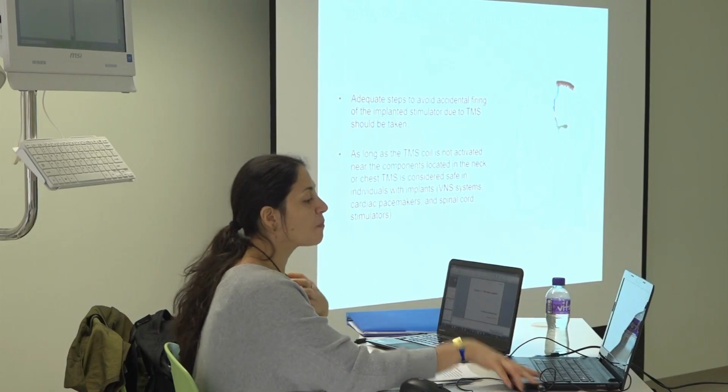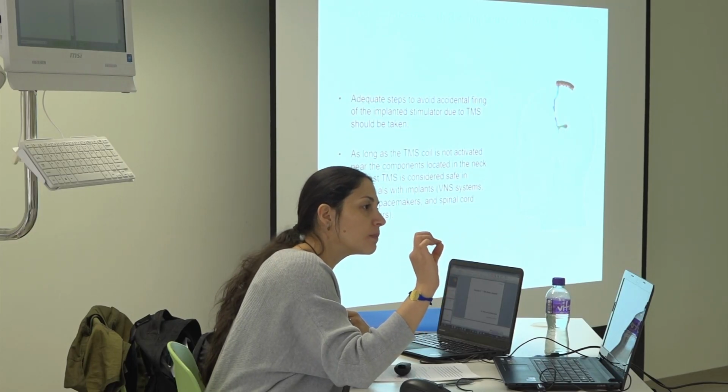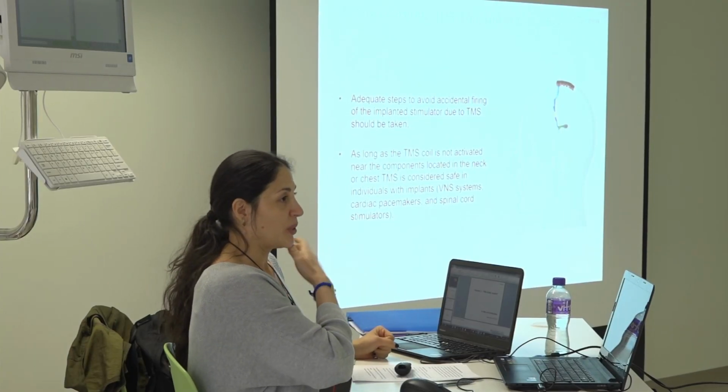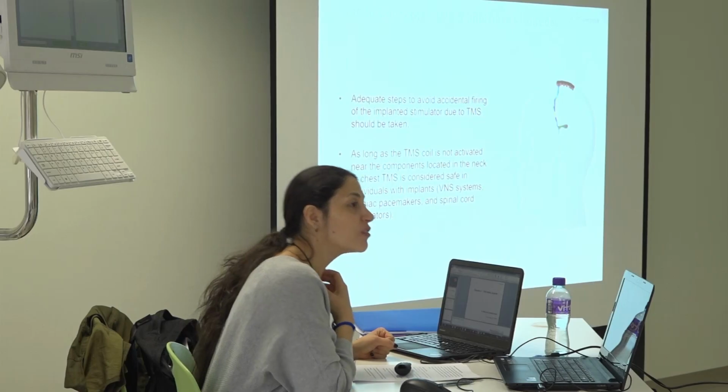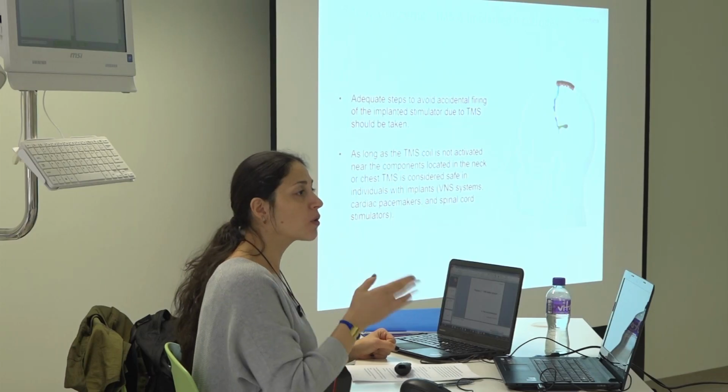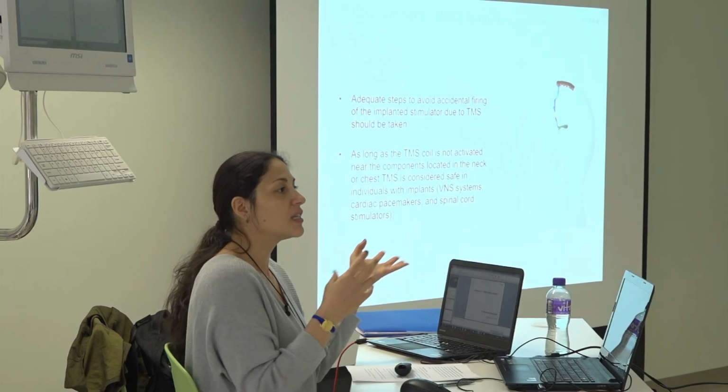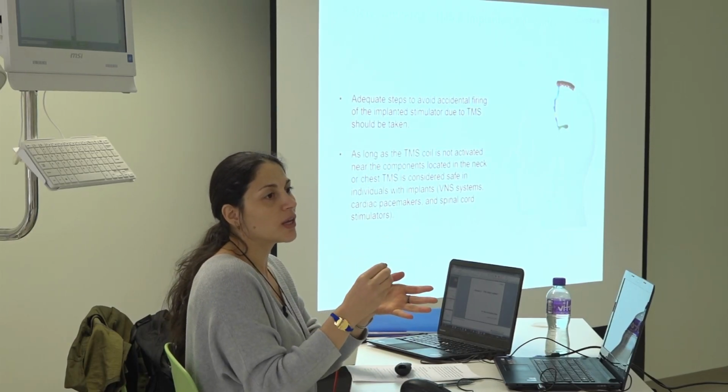For people that have pacemakers and spinal cord stimulators, there is also a question in the TMS questionnaire. As long as it's not applied over the area, it's fine. I wouldn't measure it anyway, unless I have to. But if I don't have to and I'm working with healthy subjects, I will definitely only work with healthy. It means people without any issue, no medication, nothing of any type. Yeah, it's not like he's unhealthy, but definitely is not the normal person walking outside.